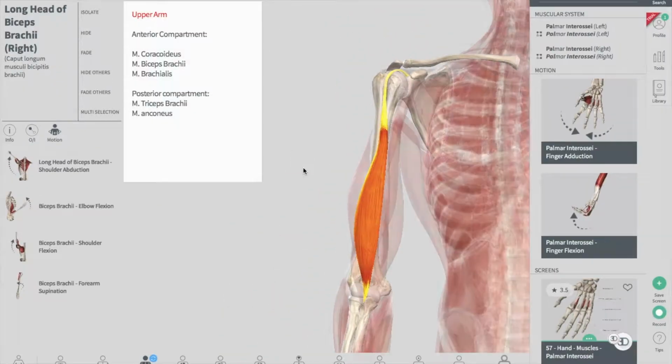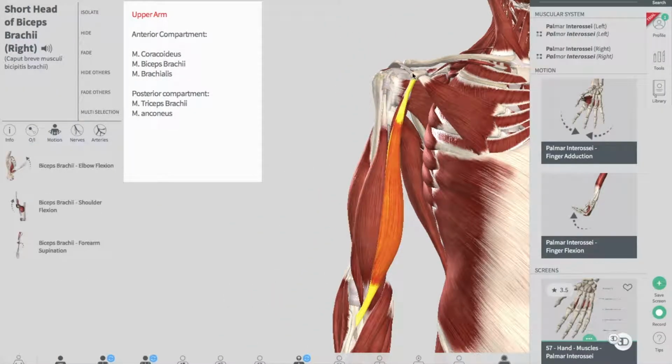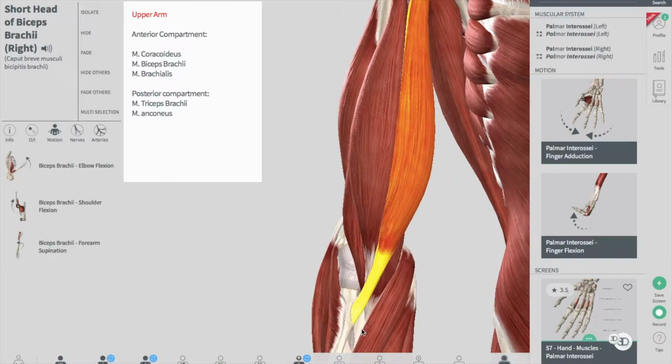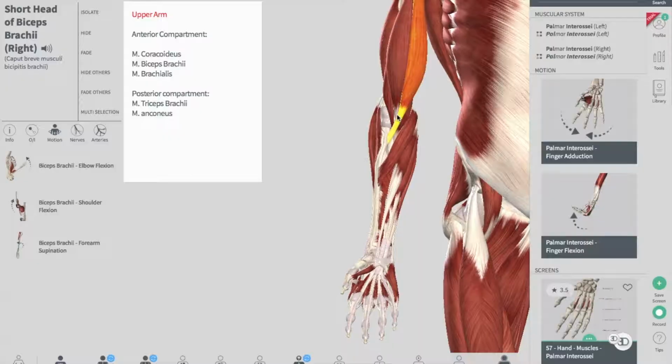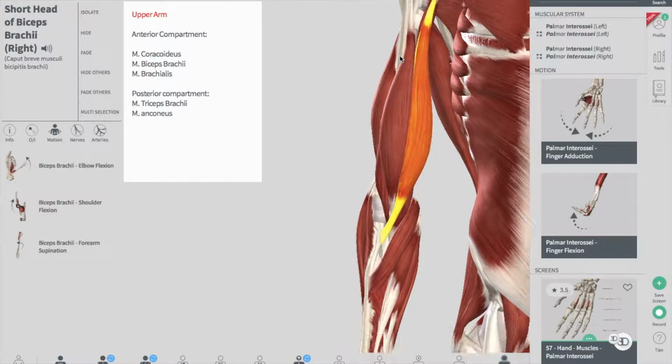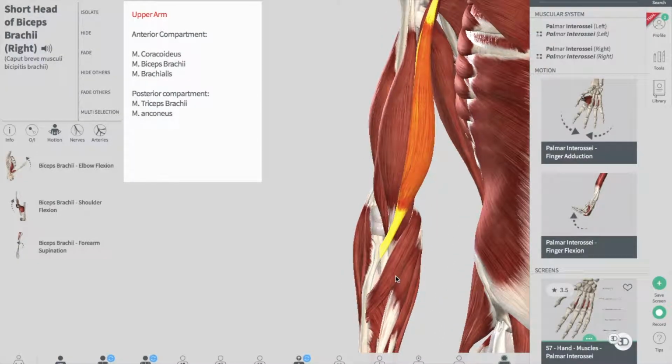And then the short head is going to sit directly on the coracoid process, and then the bellies of the two heads are going to fuse and have a common insertion point, which is going to be the tuberositas radii. And the function of this muscle is actually to flex the lower arm and also supinatio antebrachii, meaning to